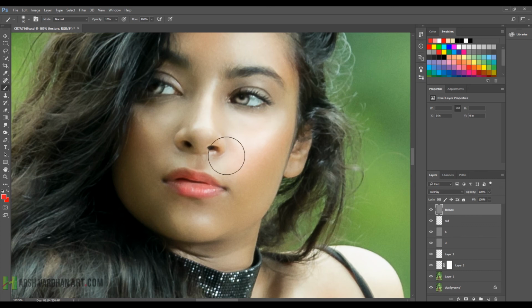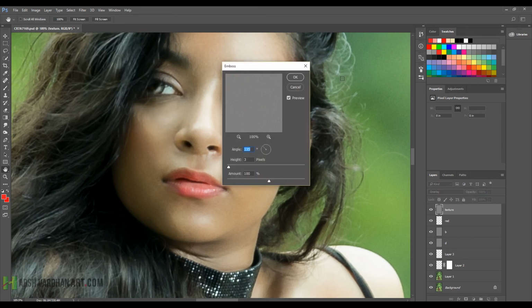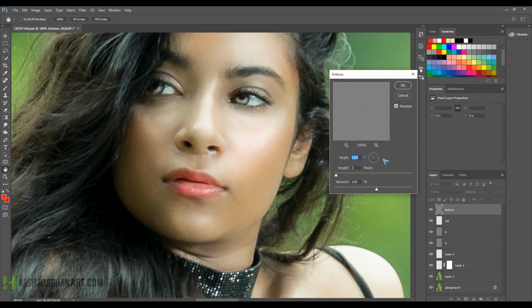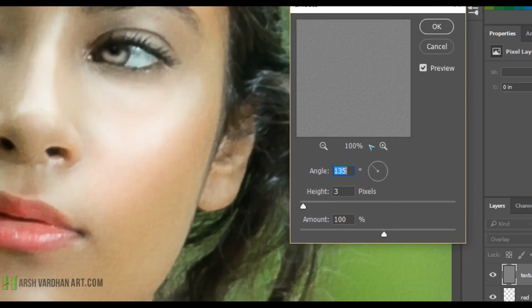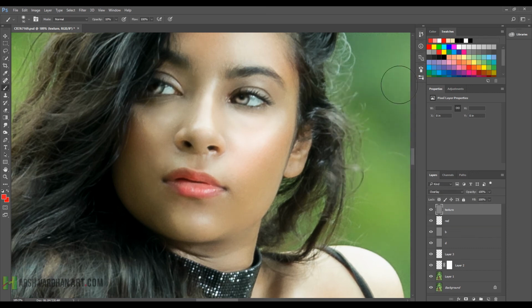And you can see it has added the noise to this image. And now we'll go to Filter, Stylize, and then we are going to add the Emboss. So we'll select the Emboss, and from the Emboss we need to select this angle, and this angle has to be from the light source or in the direction of the light source. Since you can see in this image light is coming from the right side, so we'll change the angle to this direction, and we can adjust the height of the emboss, and we can adjust their amount and press OK. And let's see what it does. It has added a little bit